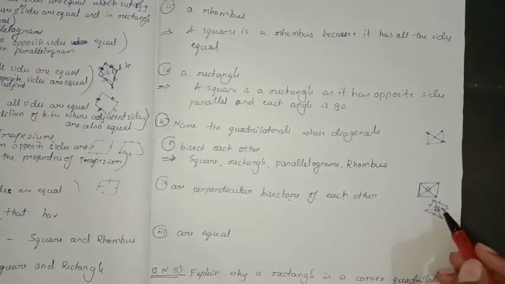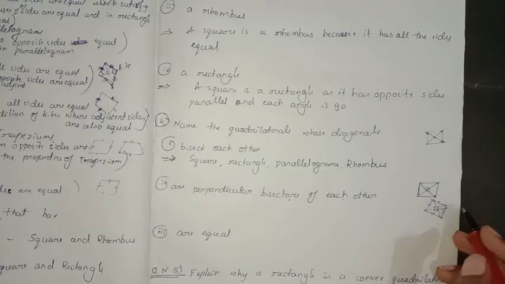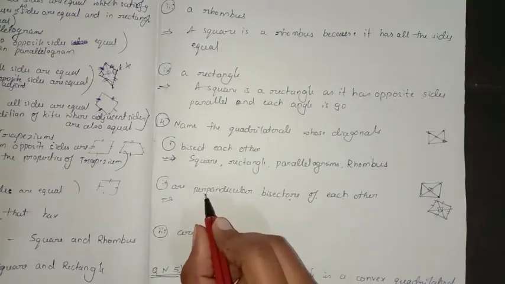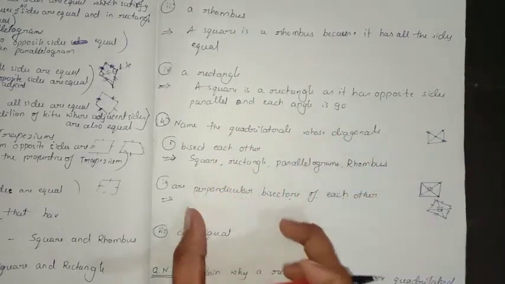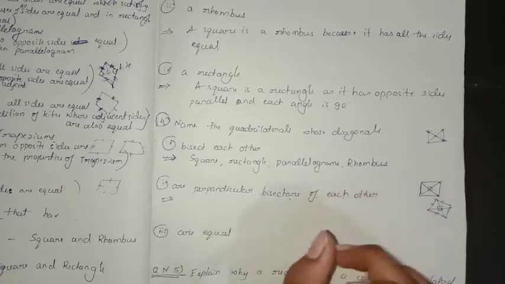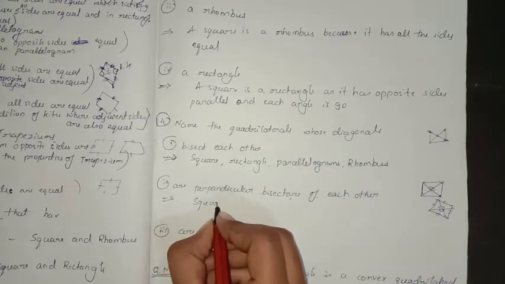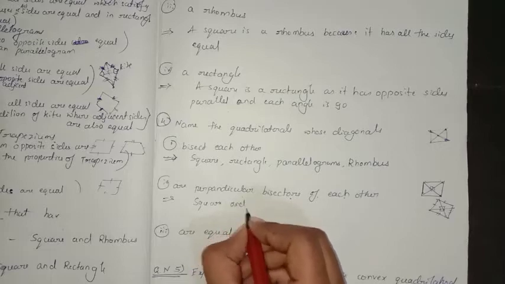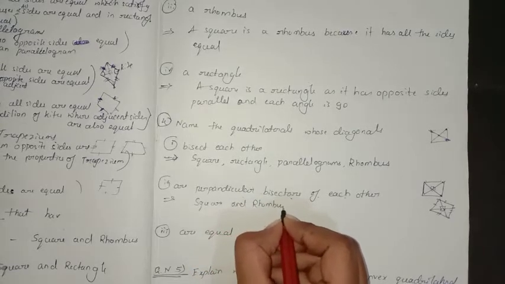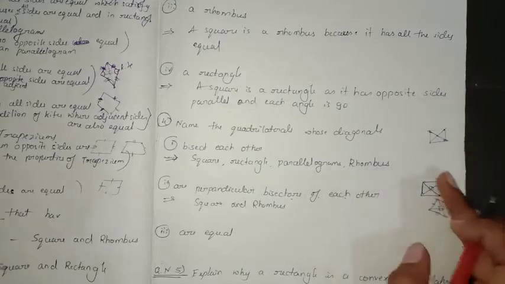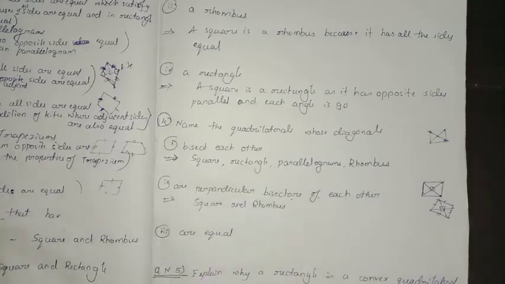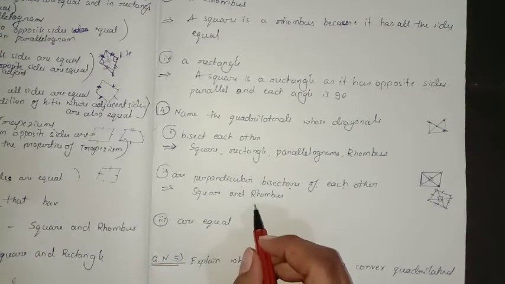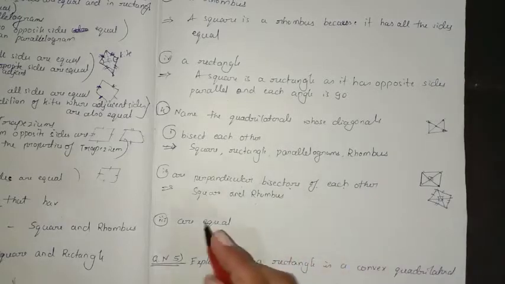And after that in a kite and in a rhombus, you remember sometimes the diagonals are not perpendicular to each other, so we can't consider a kite as the example here. We can only consider the quadrilaterals whose diagonals are perfect bisectors of each other. That means 90 degrees: one is a square and another is a rhombus. Rhombus also, because all the sides are equal, so when you draw the diagonals, there is a 90-degree formation. So hence the diagonals perpendicularly bisect each other.